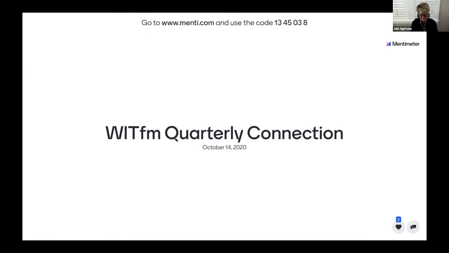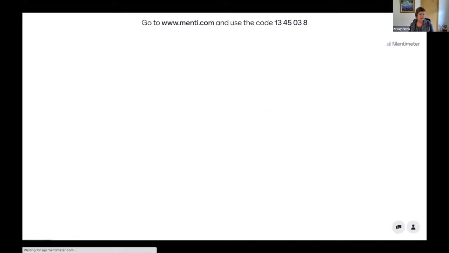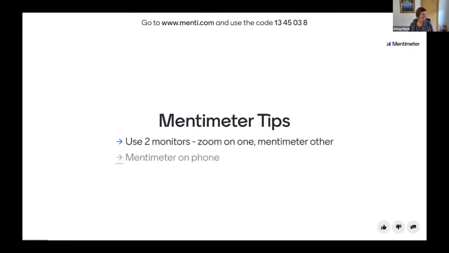You may want to do Mentimeter either on two monitors, so one you can watch the Zoom and the other you can have Mentimeter, or you can also do it on your phone. It's mobile friendly.